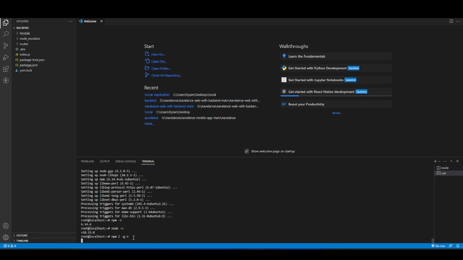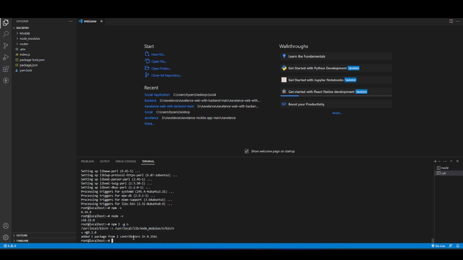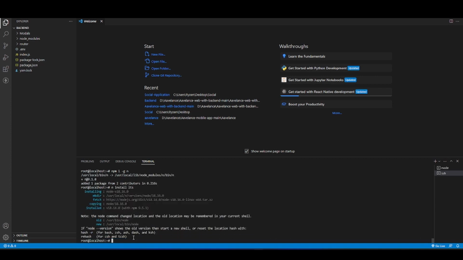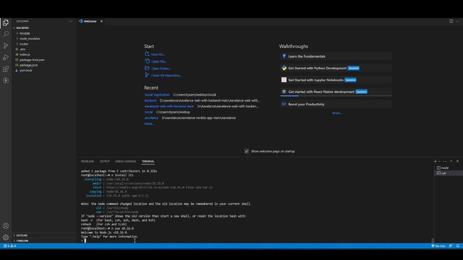yarn. And now let's try yarn install LTS, and it will just install the latest Node.js version. Now we need to write yarn use, and we need to select this Node.js version. So let's click this,